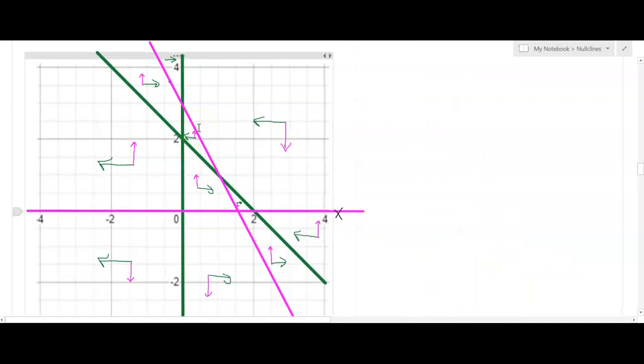So let me zoom out a bit, and we've already said that there are 4 equilibrium points. There's one there, there's one there, there's one where any 2 different colored lines intersect, so 2, 0 is another equilibrium point, and 1, 1 is our 4th equilibrium point. Oh, I'm sorry, not 2, 0, 0, 3 is actually an equilibrium point. That's where those 2 nullclines meet, those 2 meet, those 2 meet, and those 2 meet. Now we know that 1, 1 acts as a saddle, 0, 0 acts as